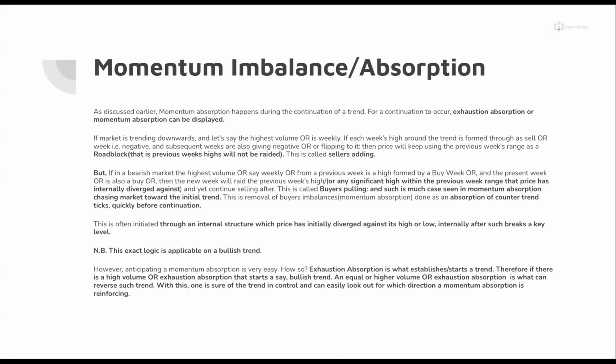All right, so basically we have spoken about exhaustion absorption. We have spoken about internal and external divergence, and we have understood what that really looks like. We have noted the conditions whereby we have incomplete absorption, and we know that that simply means that the aggressors are still in power, which means they still want to continue until we have a full absorption, and then they can reverse, because the whole idea of absorption is simply the limitation of aggressors by the passive orders.